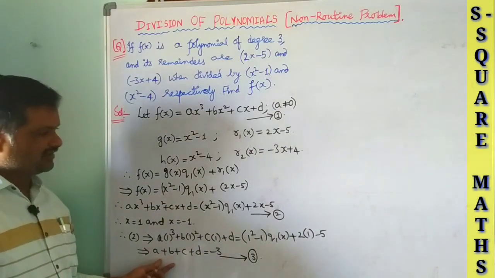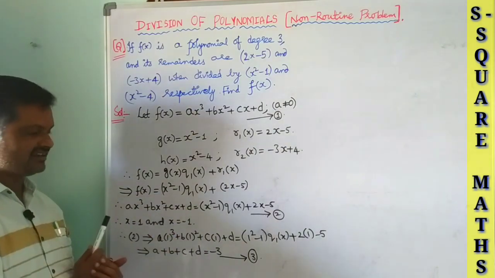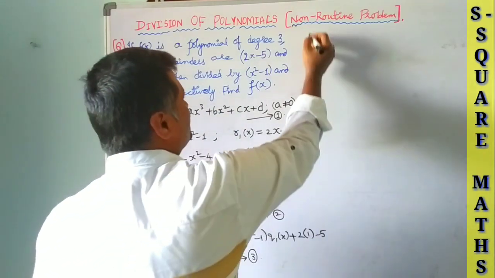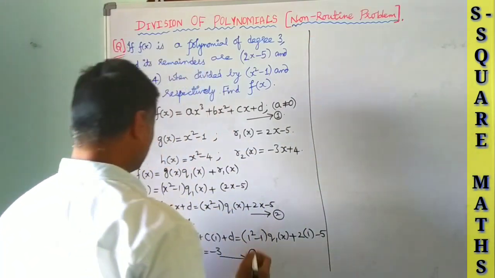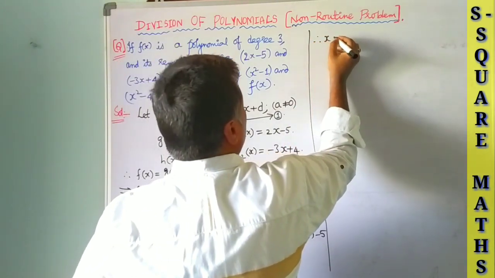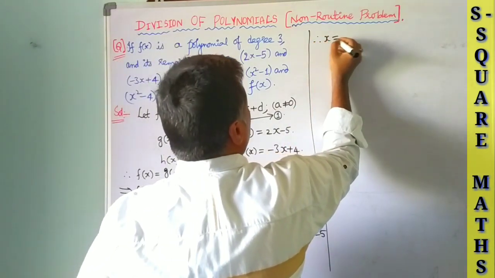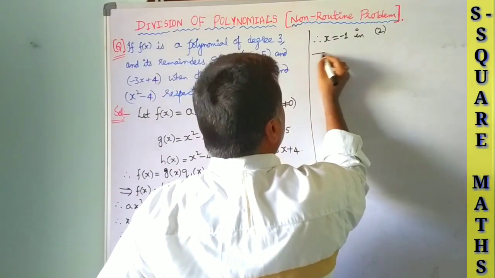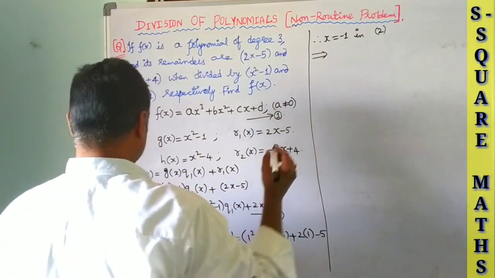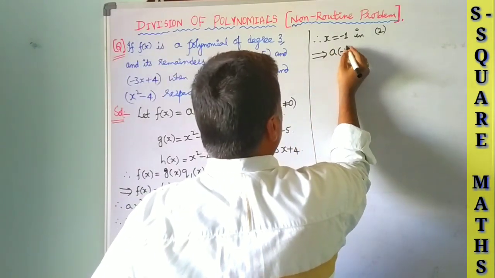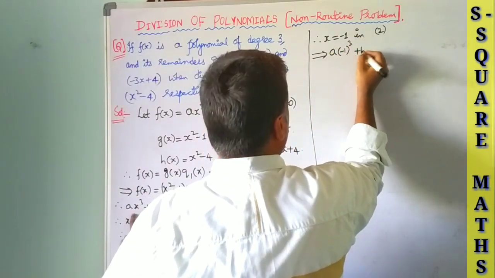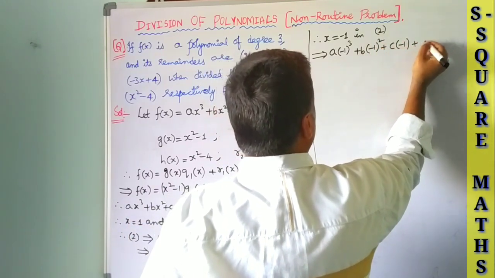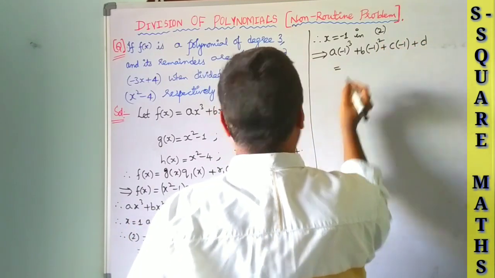So now we got the third equation from the second equation by taking x equal to 1. In the same way, now we have to continue for x equal to minus 1. Therefore, x equal to minus 1, in which equation do we have to substitute? In our second equation. This implies I can write now a into minus 1 whole cube plus b into minus 1 whole square plus c into minus 1 plus d is equal to,